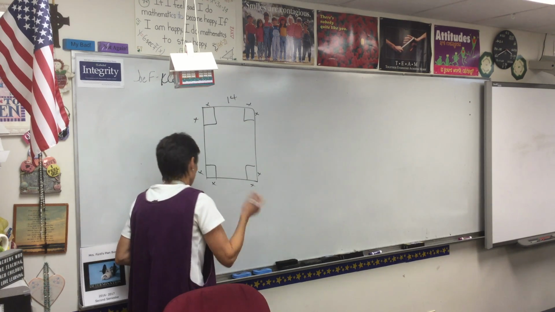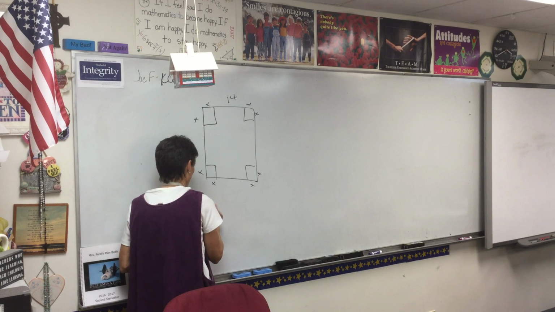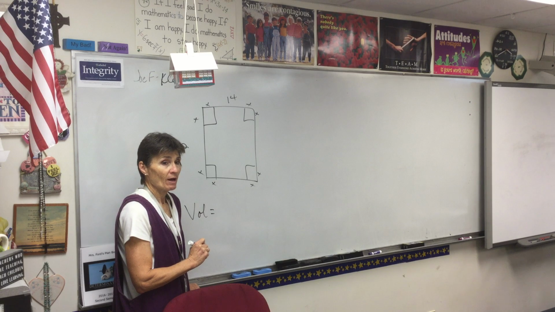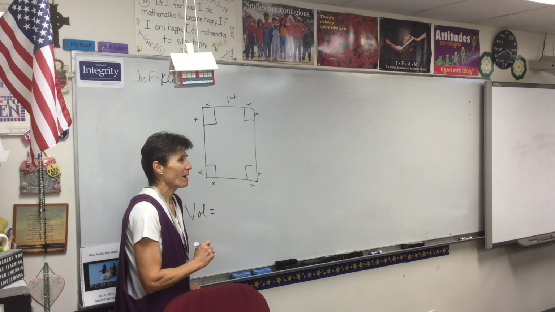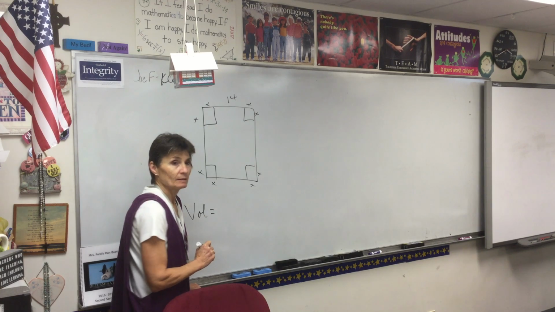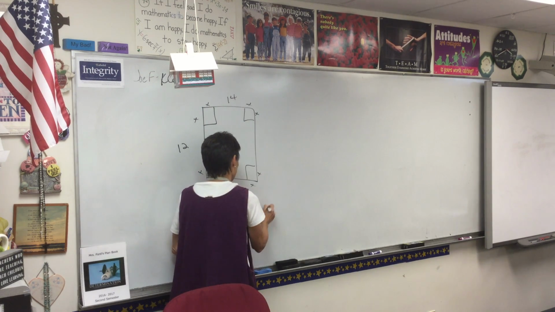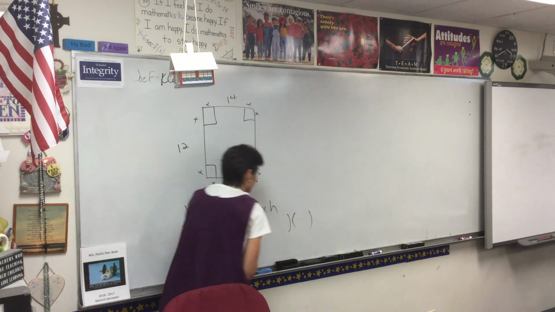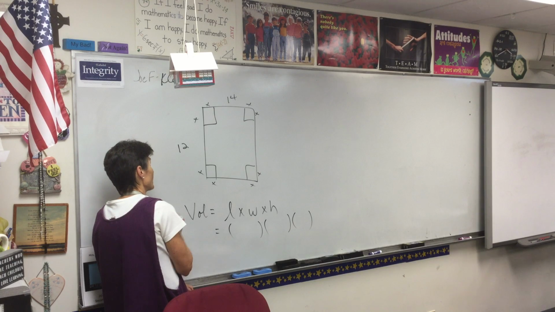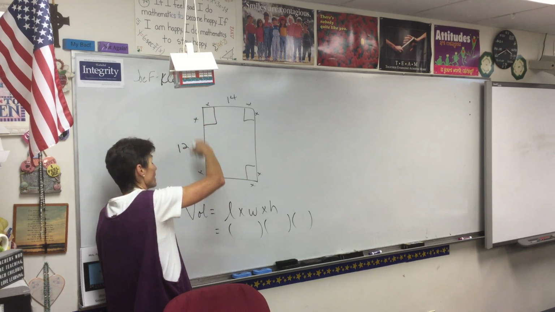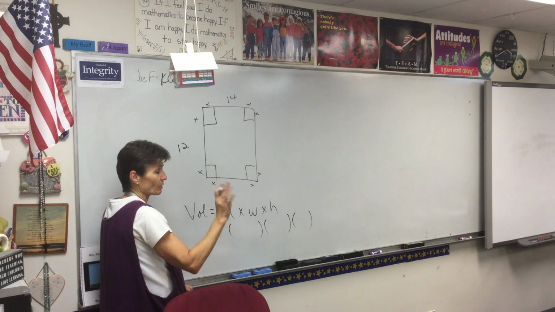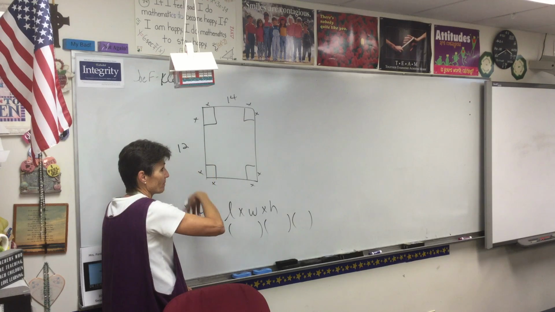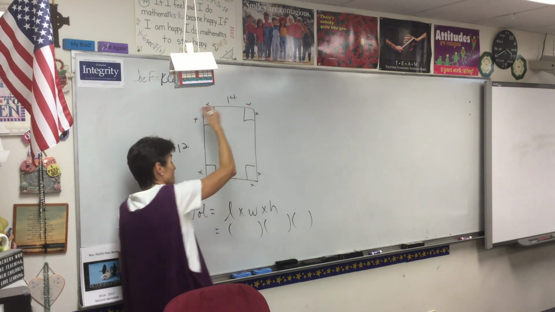So, yesterday, we recall that the volume of a box is found by what formula? Volume of a box. Exactly. Length times width times height. So we looked at our situation and we said, okay, the length of the box, and it doesn't matter which one you call length and width. I don't want to get into a conversation about that. It's totally irrelevant. One of these is length and one of them is width. That makes a difference. So if I have 14 be the length of the box,